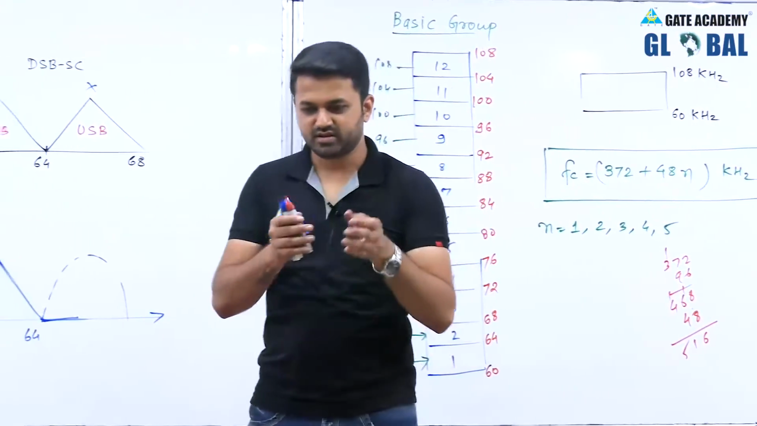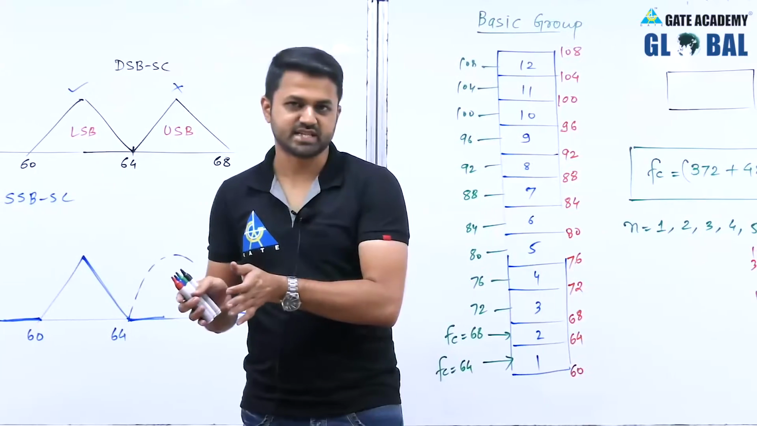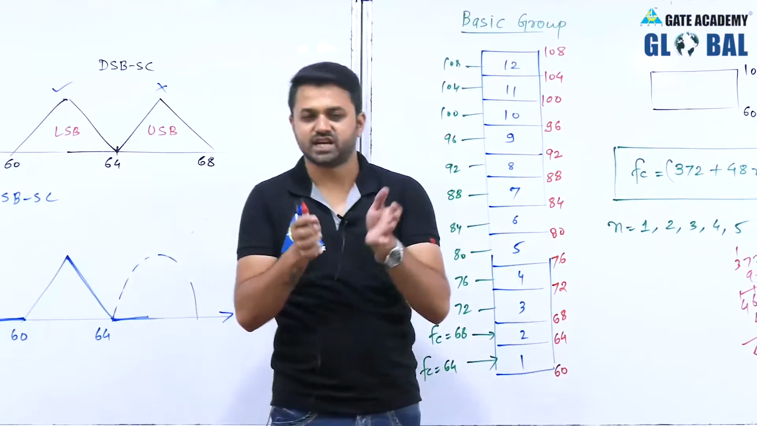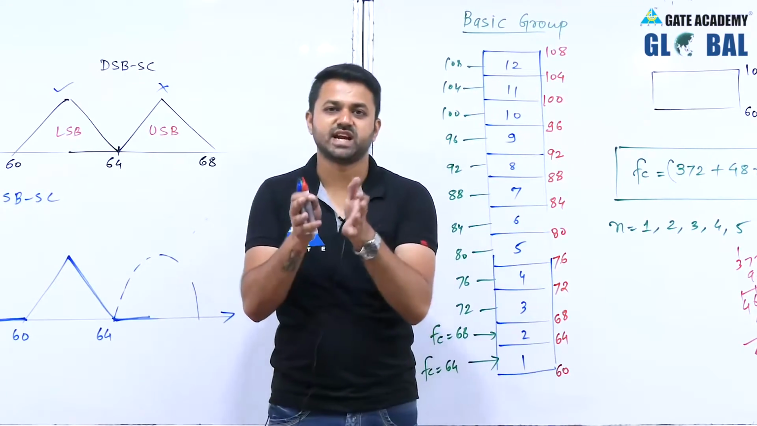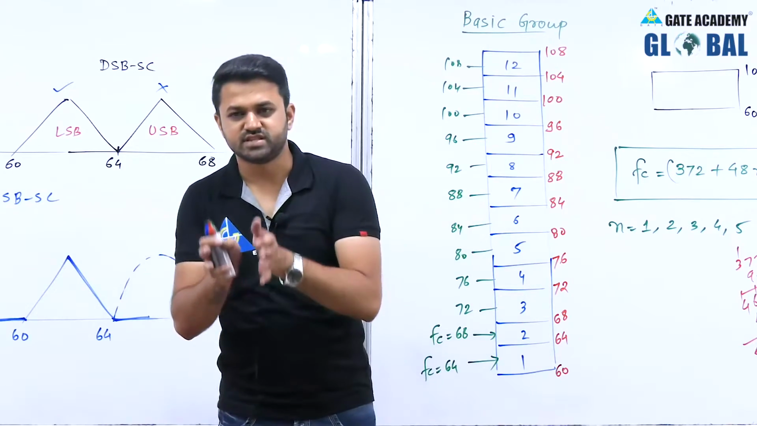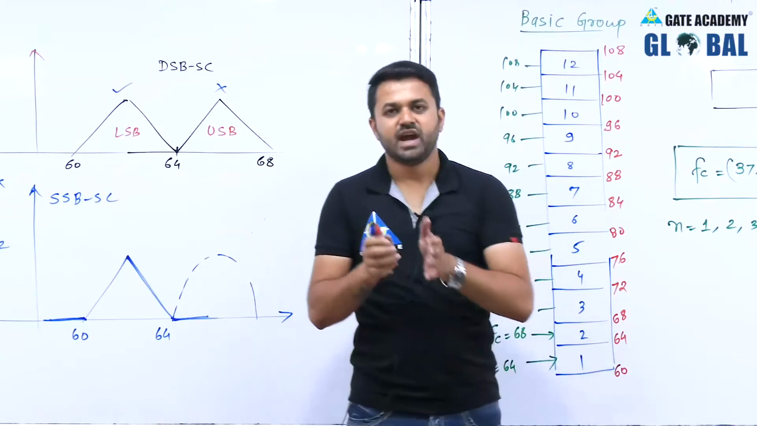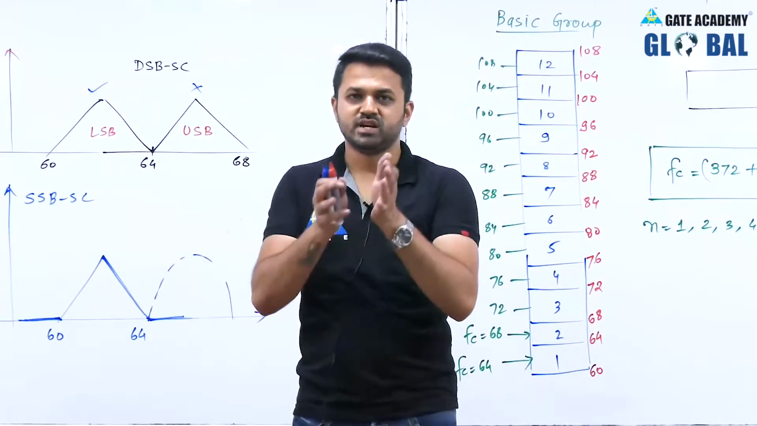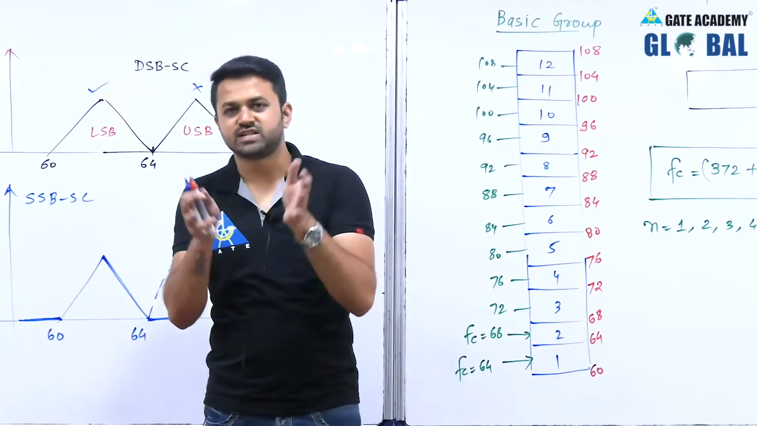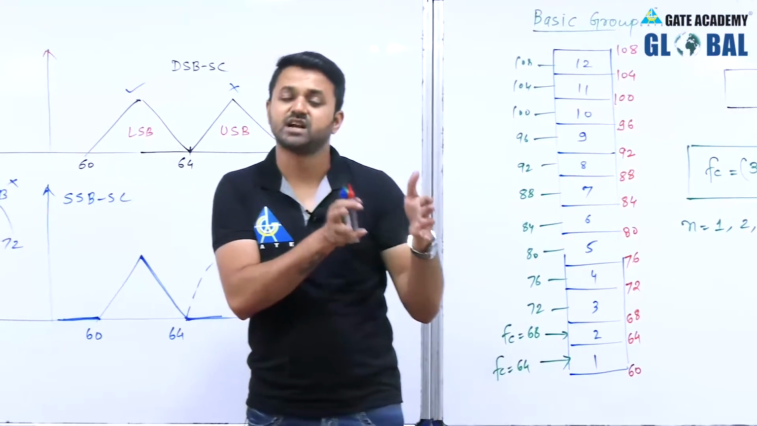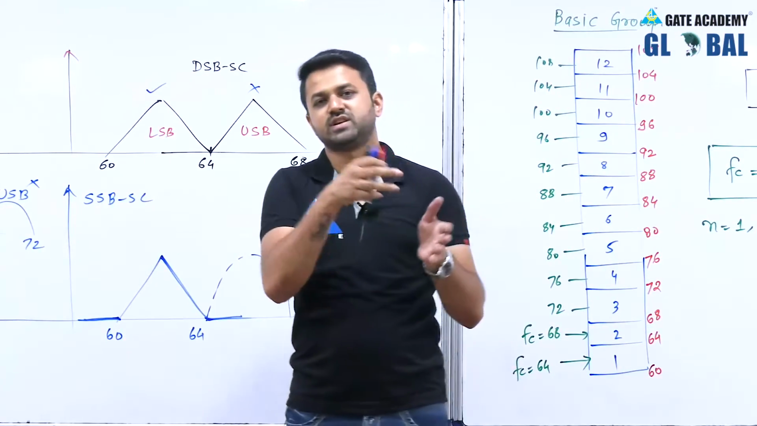Practically the modulation happens in multiple stages, and when we combine the 12 signals, we get the basic group, and to generate this basic group, we consider the carrier frequency as 60 plus 4n, and from that basic group, 60 to 108 kilohertz, that is considered as a single message signal,